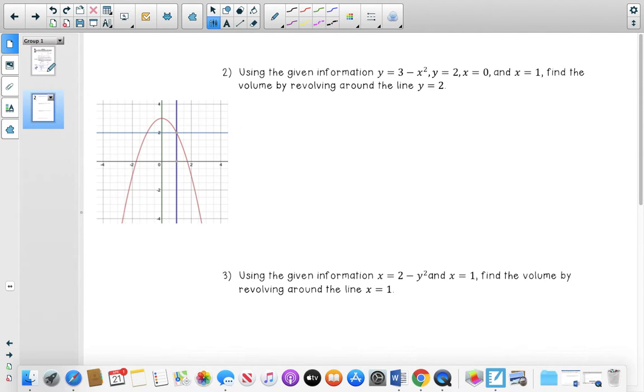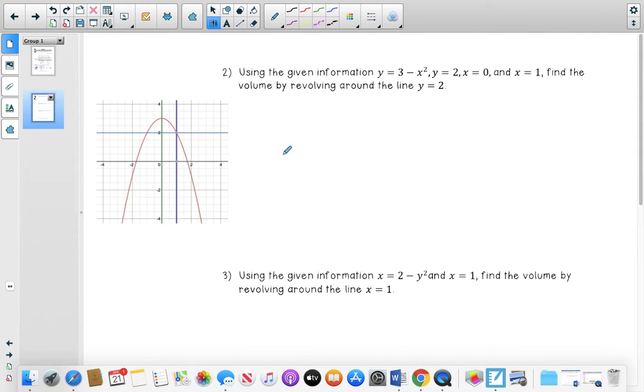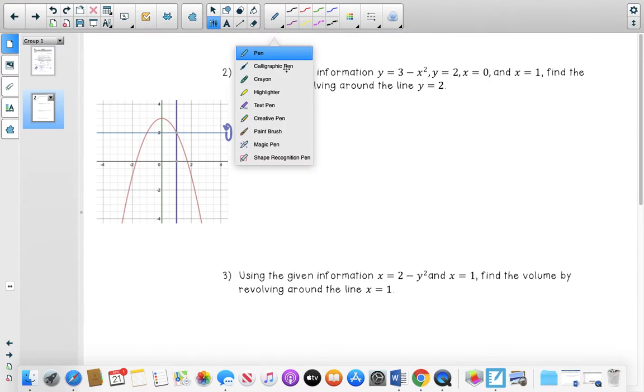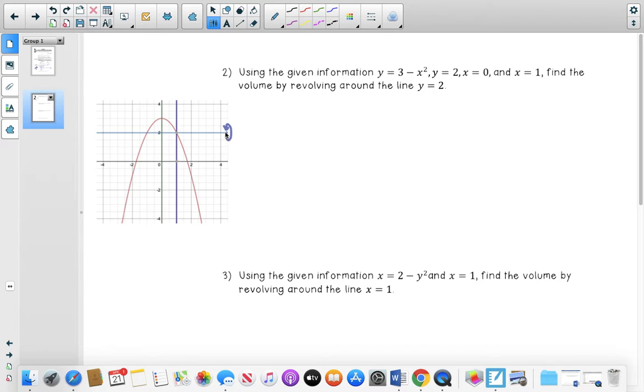So it should be revolving around the line y equals 2, so this. If it's revolving around the y equals 2, it's revolving this way. You can kind of think of it as revolving around the x-axis, but it was shifted up. Okay, so we're trying to revolve